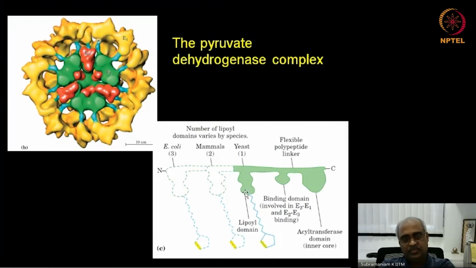And this portion, okay, so this portion is what is this blue that you see here. So the three domains, so this comes from the E. coli enzyme. And this asterisk here where I'm putting the cursor, that is where the lipoate or the lipoic acid is attached. And you see that is in good contact with the dehydrogenase, where the acetyl group is going to be taken from pyruvate onto thiamine pyrophosphate, very similar to the pyruvate decarboxylase that we learned in ethanol fermentation